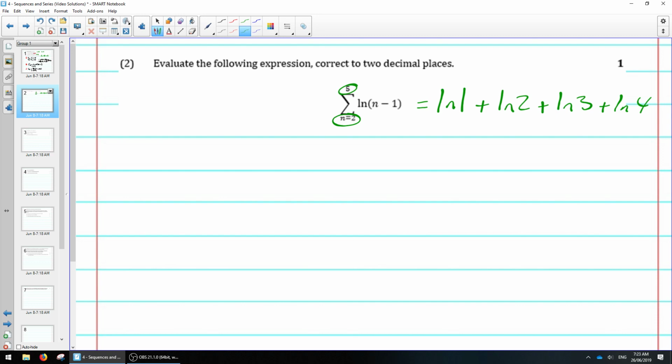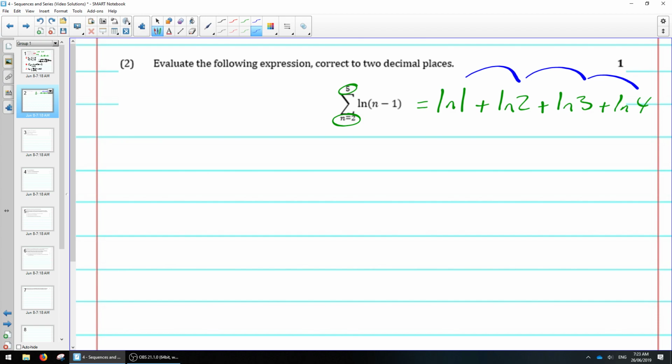Because the top number of that sigma is 5, that's their finishing point. And this isn't a geometric series nor an arithmetic series, so you might think that, oh, well, you know, that's going up by 1, so it's an arithmetic series. But ln 1